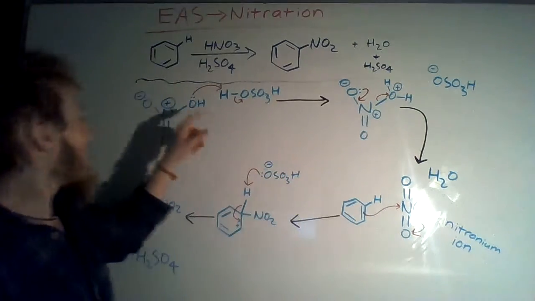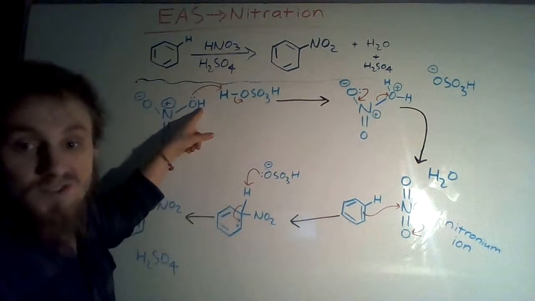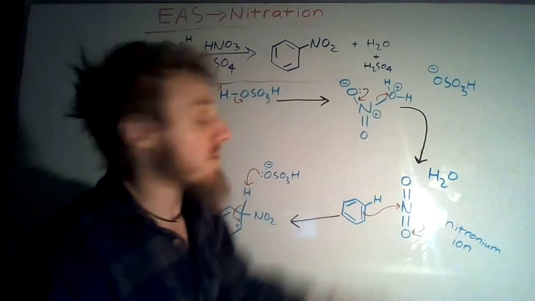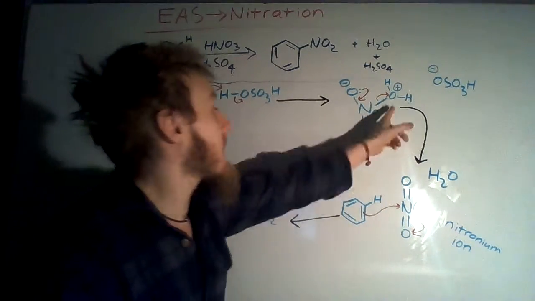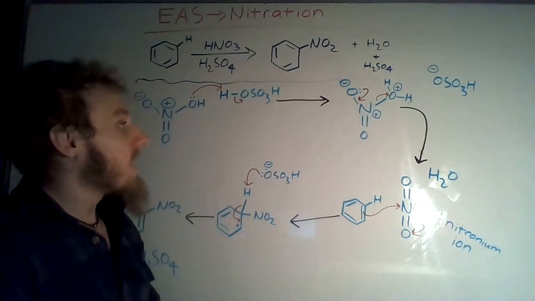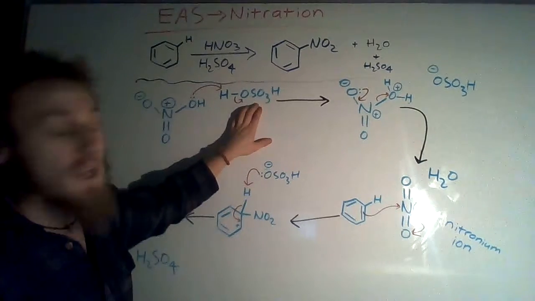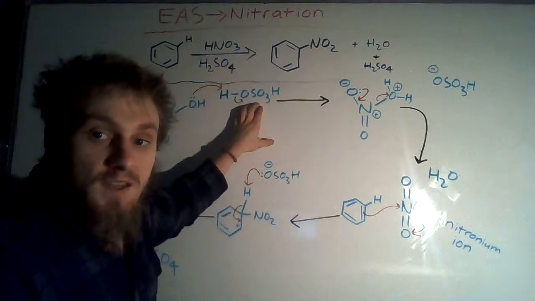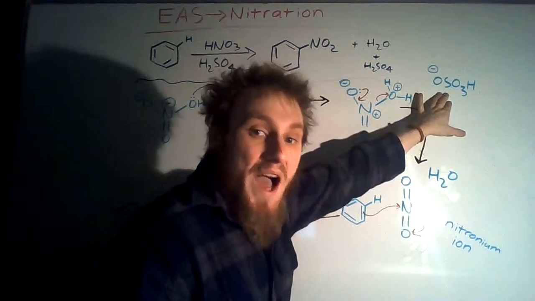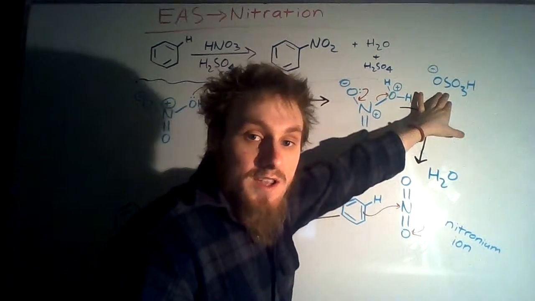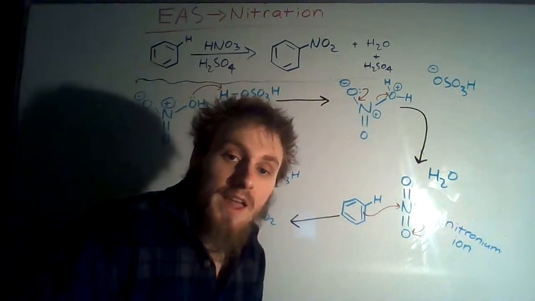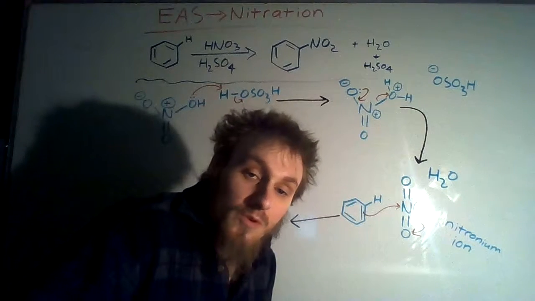and so then over here, notice now we have the protonated nitric acid, right? Over here, we had an oxygen with one hydrogen on it. Now we have that same oxygen with two hydrogens on it. All right, so notice now this oxygen also has a positive charge associated with it. And since sulfuric acid became deprotonated, now we have hydrogen sulfate, sometimes called bisulfate. All right, so again, in this first step, we're really trying to generate a good electrophile that is suitable for